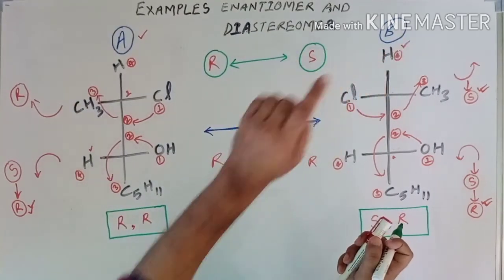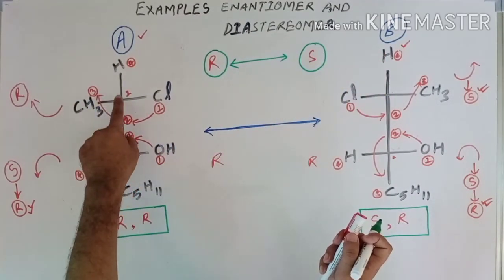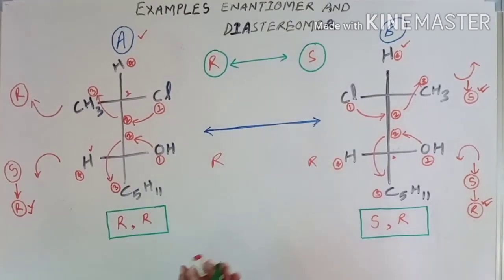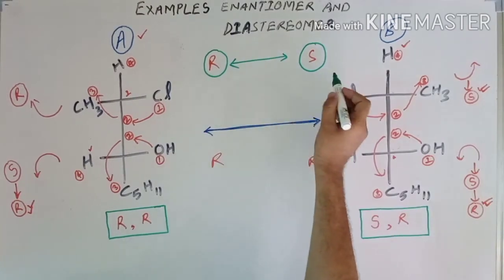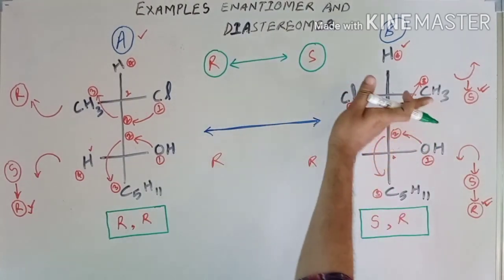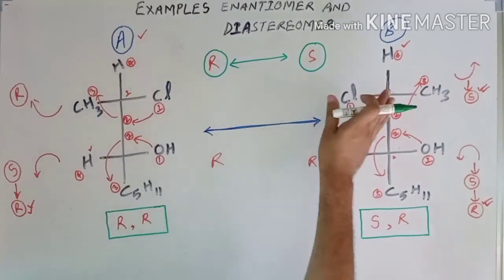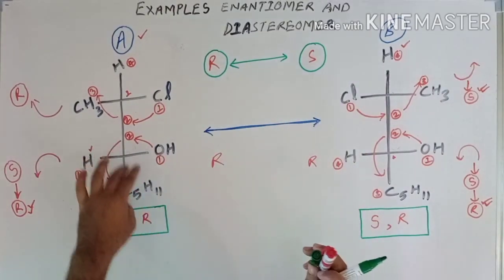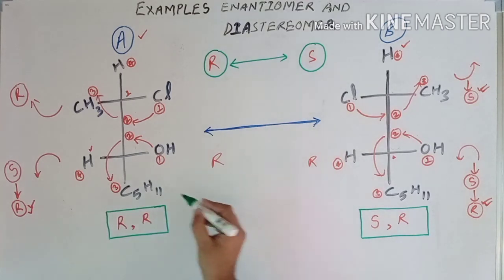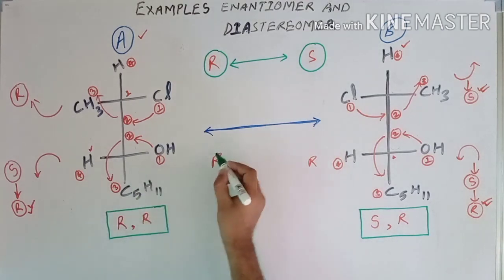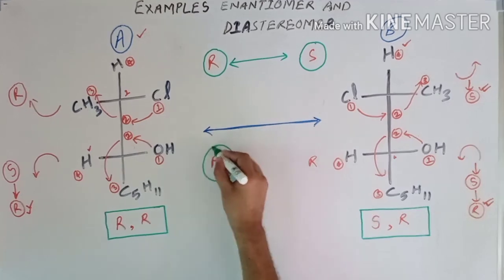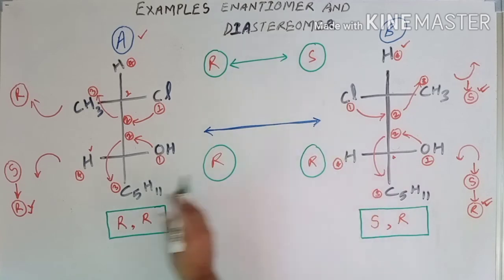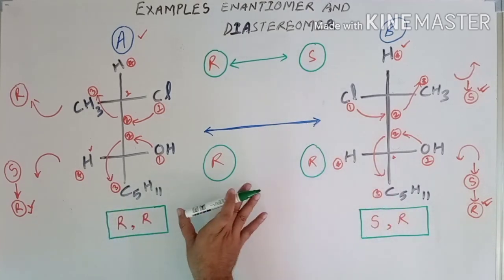Hydrogen is on vertical, hydrogen. So you will see the configuration of first carbon is exactly mirror image of each other. So R and S, first carbon, are mirror images. Means this portion, or upper portion, of both these molecules is exactly mirror image of each other. Now we will move on to the next lower portion, second carbon. Here the configuration of second carbon is R. Here the configuration of second carbon is R. Means configuration of both the carbons on the second position remains same.